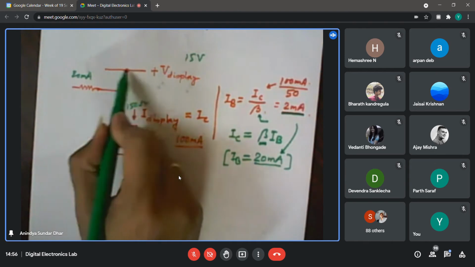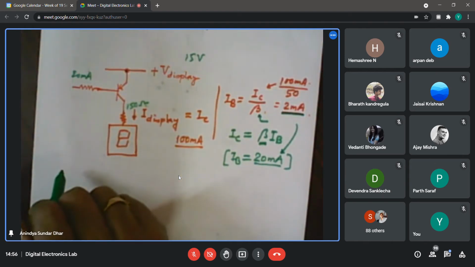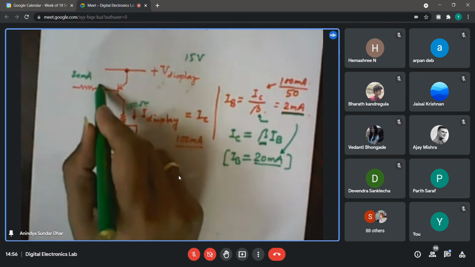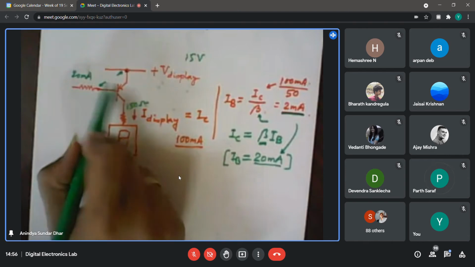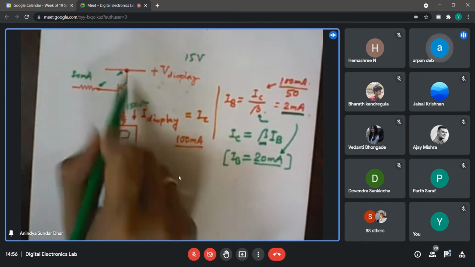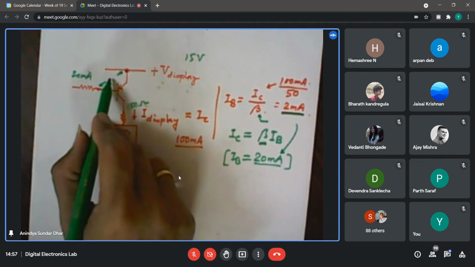And if this is 15 volt, I know that during saturation, what is the VBE voltage? VBE of a transistor? 0.7 volt. 0.7, but if it is in saturation, then it generally goes to 0.8 or even beyond that. But anyway, it will not be very large or very different from 0.7 volt. So maybe 0.8 volt or 0.85 volt.